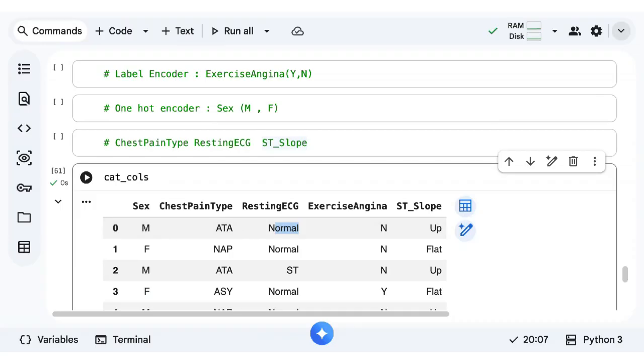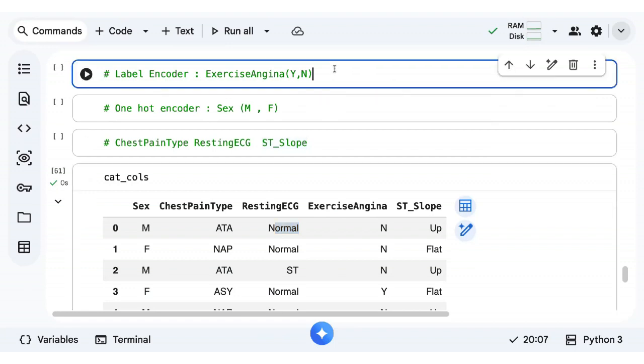Okay, so for label encoder, we'll use sklearn.